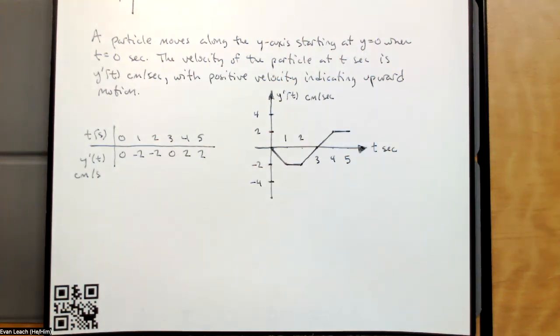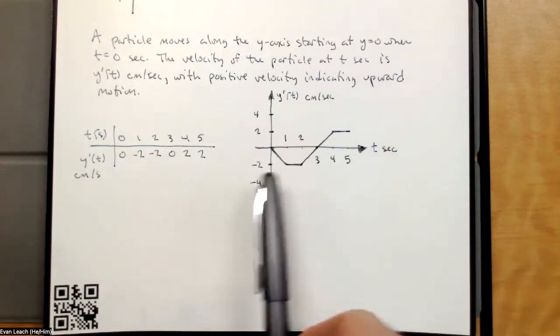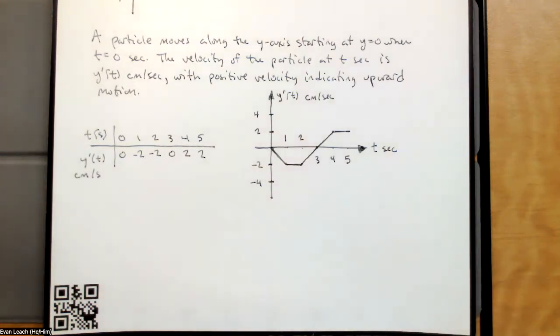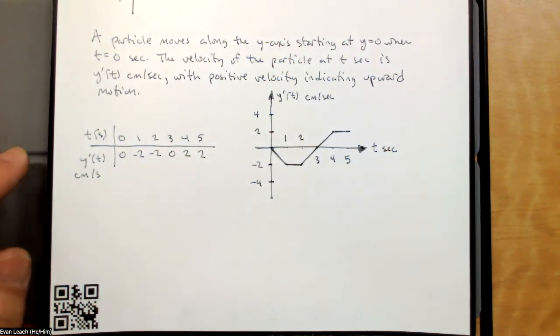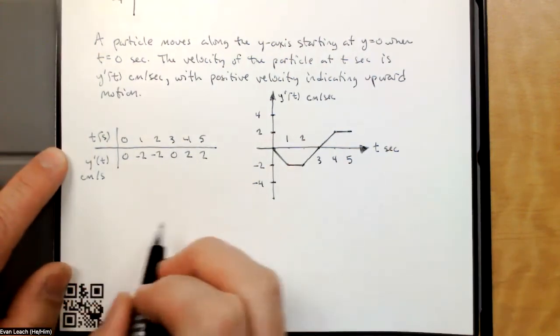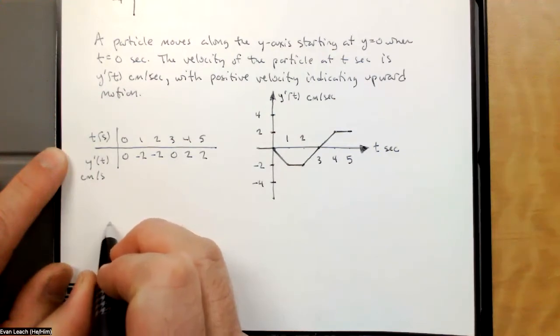So the most basic thing that we notice is that for 3 seconds, the velocity is negative, and then for 2 seconds after that, the velocity is positive. So the most basic thing we can say is that the particle starts off moving down and then starts moving up. That's what we can see just based on this. The particle starting at 0,